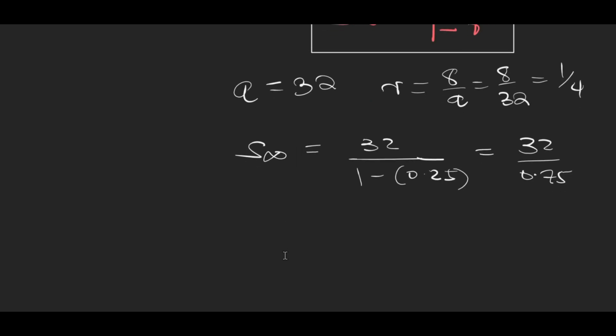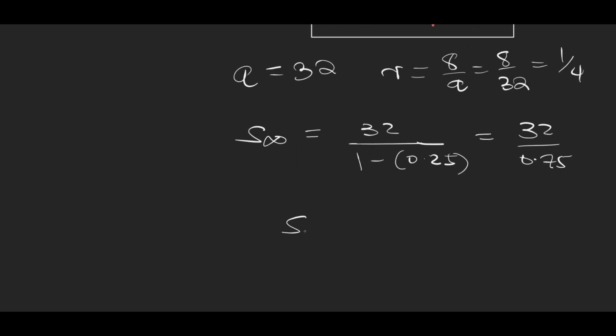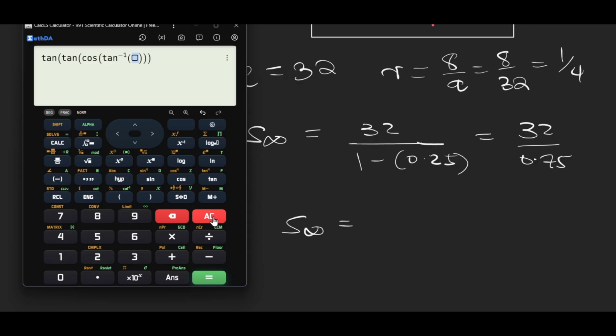So I just need to check what is the outcome of that. 32 divided by 0.75. Let's see that. 32 divided by 0.75. So the answer is either 128 over 3,